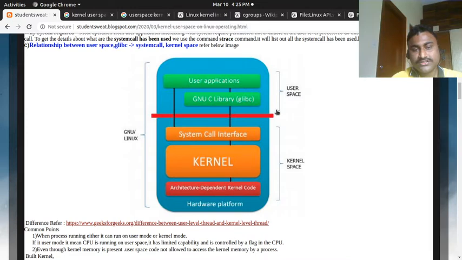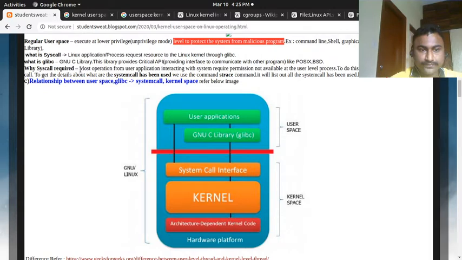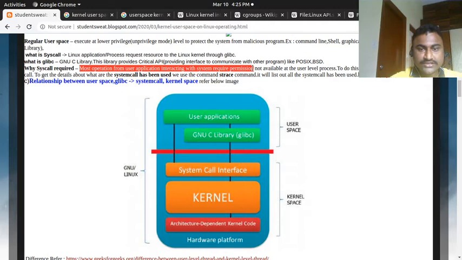Most operations from a user application interacting with the system require permission. Yes, that's the correct term we can mention. For example, if you want to display on a specific display, you need to have access to the display driver.